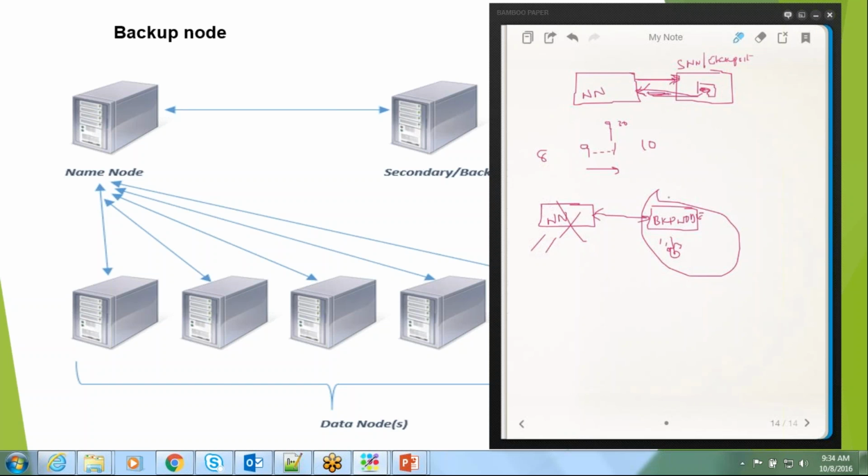Here the backup node, if the name node fails, will it automatically become the primary? No, it will not take over. Very good point. What is the limitation? If the name node fails again, we need to wait for the administrator. Exactly. There is no high availability here. So to overcome that limitation, they came up with one more approach called,